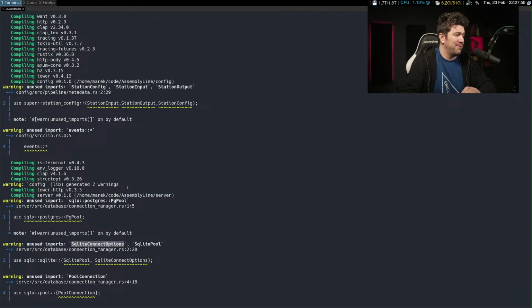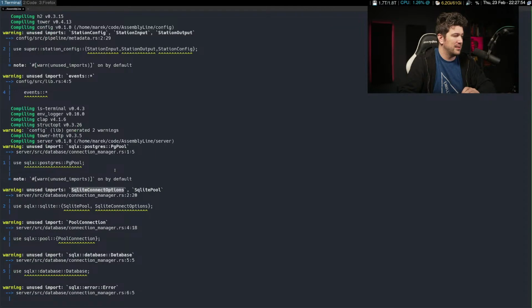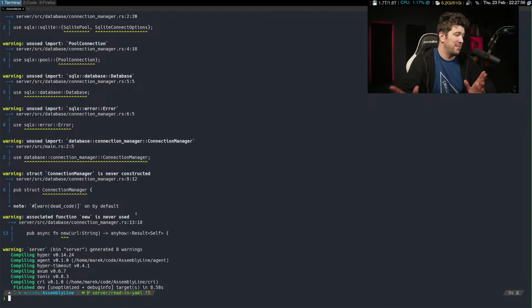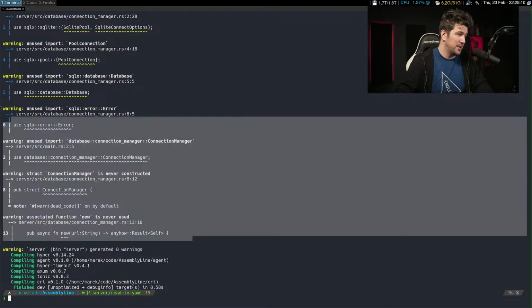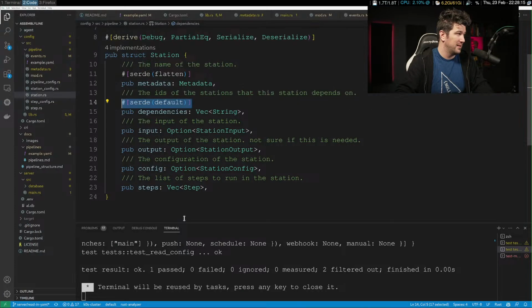I feel like at a very young stage, some of these can be annoying. Maybe I shouldn't, though. Maybe I should be more disciplined. But at a very early stage, I don't care about these as much. We should at least test that it builds on a pull request. Clippy would probably have a cow right now. Maybe two cows.